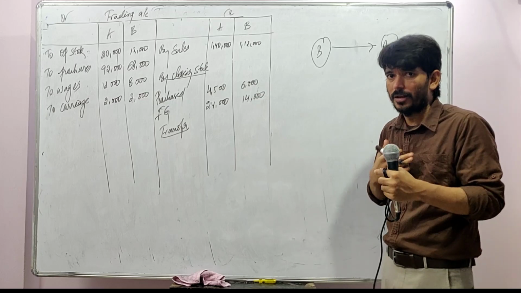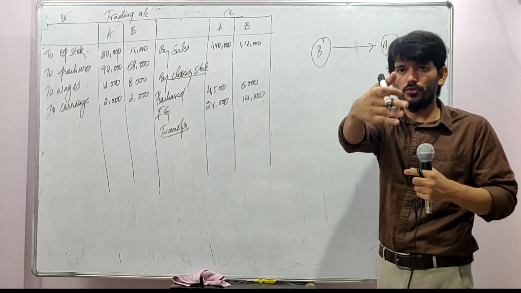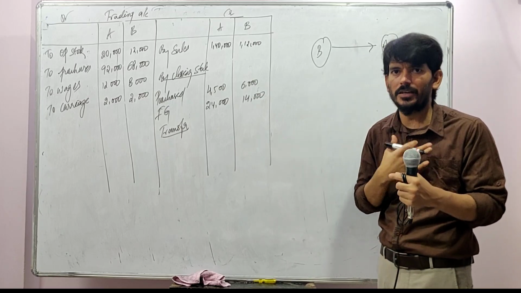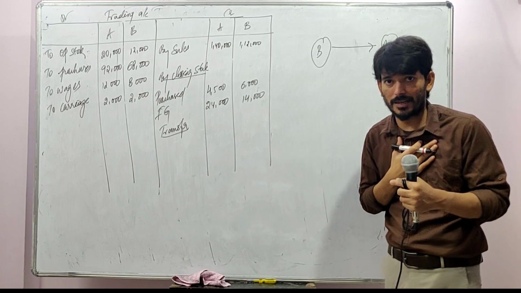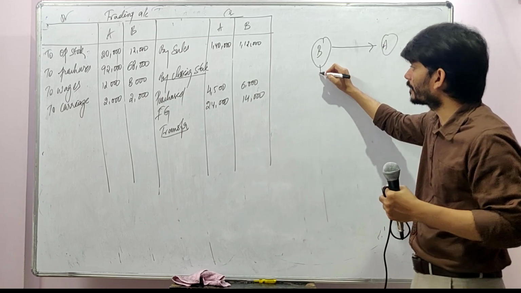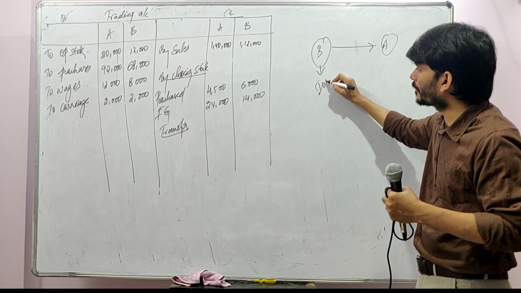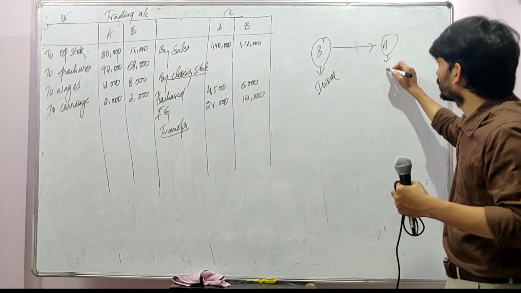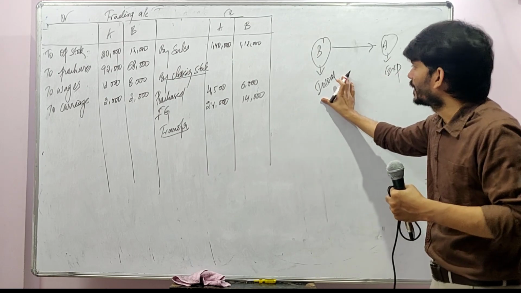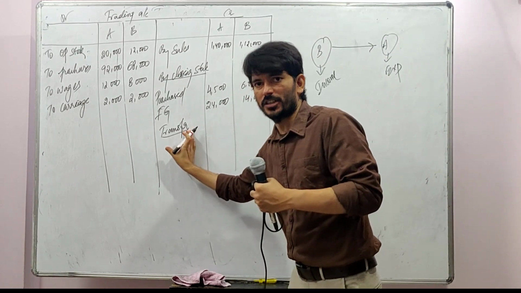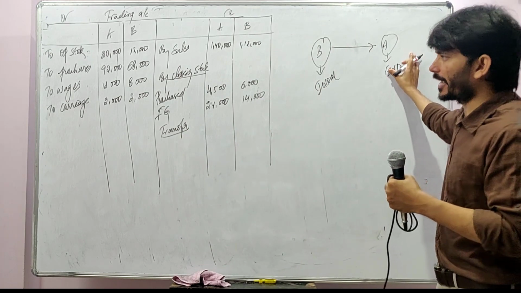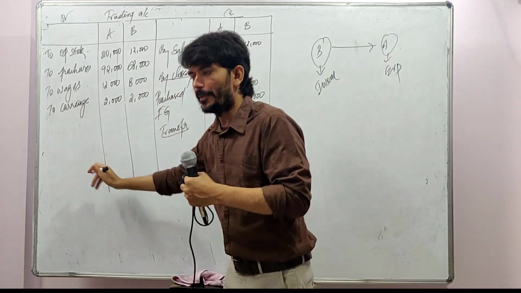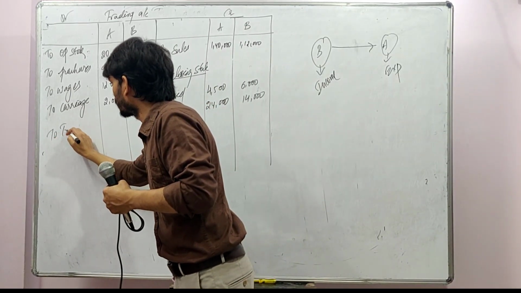See, I am B, I am giving it to you, you are A. When I am transferring, it's my income. I am repeating, when B is transferring, it's an income for B. When A is receiving, it's their expenditure. Can I simply say, it's an income for B, so I should be writing on the credit side. It's an expenditure for A, I will be writing on the debit side. So, to transfer.